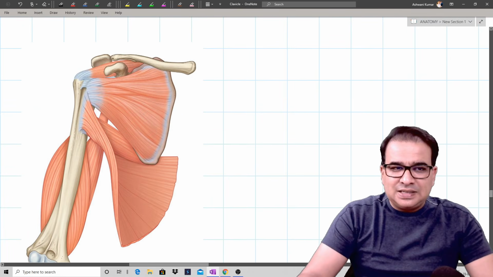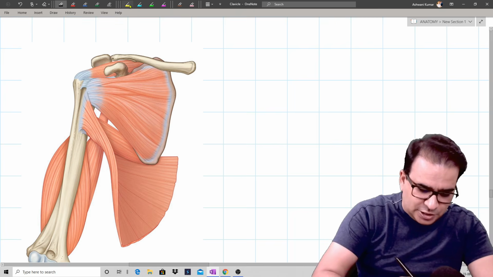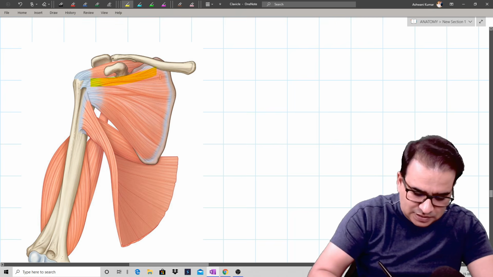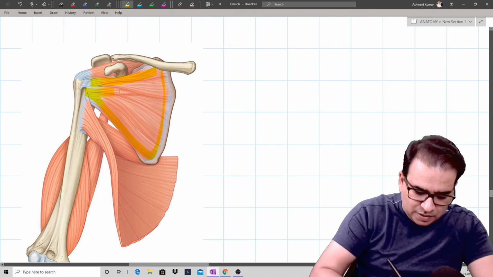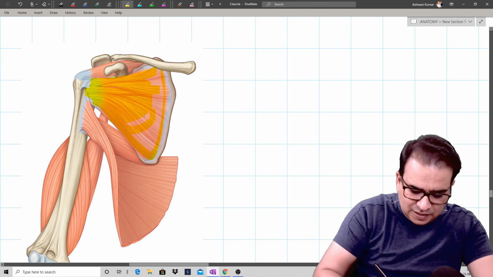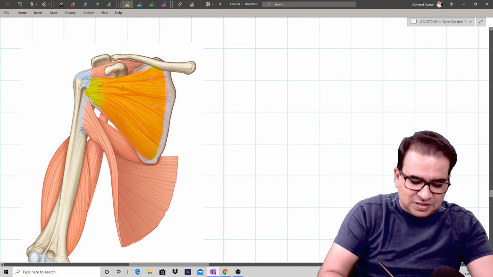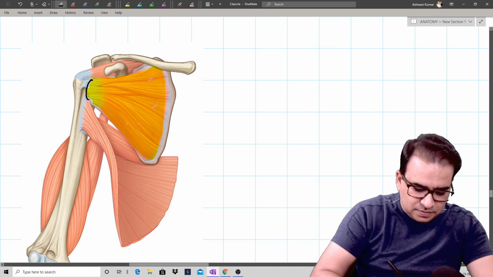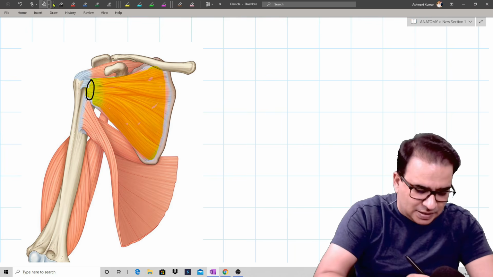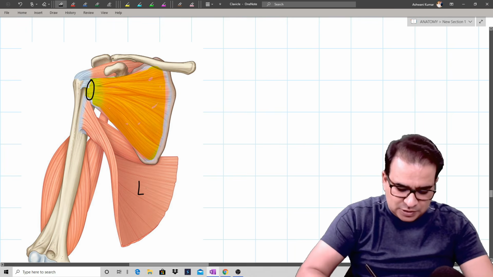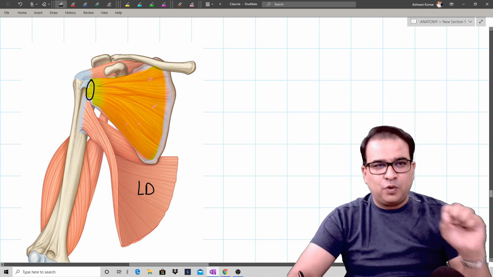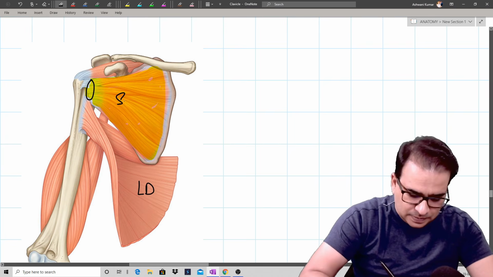That clearly is what muscle? That is a subscapularis muscle. Just pay attention to this muscle only, guys. That is a subscapularis muscle. The one muscle coming from the medial 2/3 of subscapular fossa, and the only muscle which is inserted to the lesser tubercle. That is a subscapularis. Forget about the rest of the muscles. This is latissimus dorsi muscle and all that. Just focus only on the subscapularis.